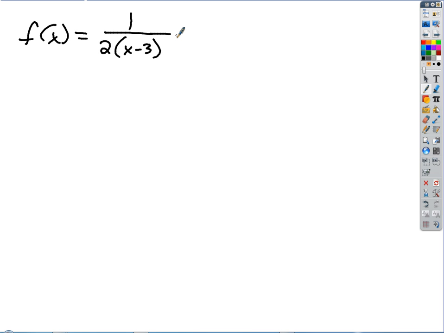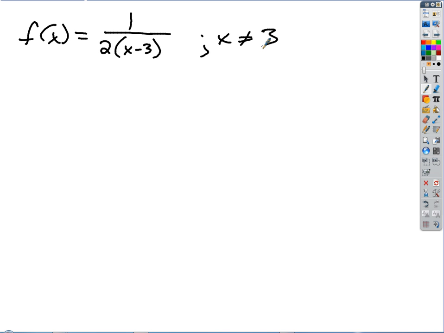I want to know on this one, any places, any points of discontinuity? 3. Okay, so x cannot equal 3. Every place else is fine, right? Hole or asymptote, removable or non-removable? And how do you know? Because that's 1 over 0. Say it again. Because that'd be 1 over 0. Okay, so it's a